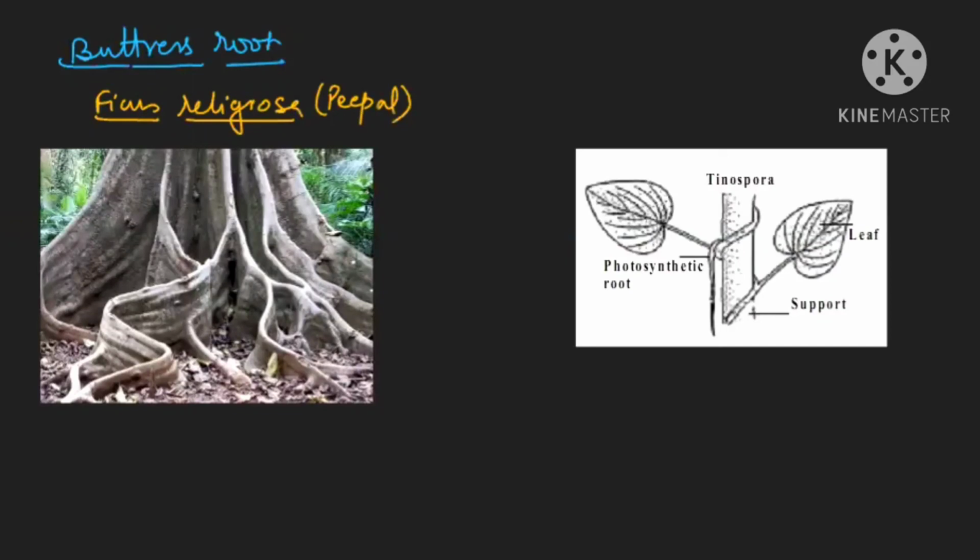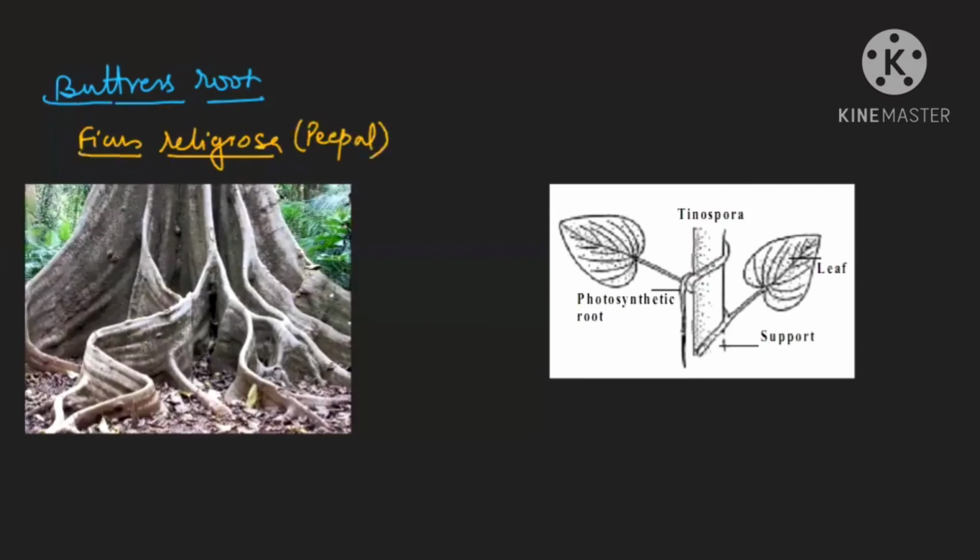Okay, beta, up till here I hope the topic is clear to you. Now next, generally the root will not do the function of photosynthesis. But here one example is there, that is Tinospora. This is a plant in which the roots do the function of photosynthesis, and such roots are known as assimilatory roots. Assimilatory roots are those roots which do the work of photosynthesis, and after photosynthesis they also store material. Is it clear? One example is Tinospora.